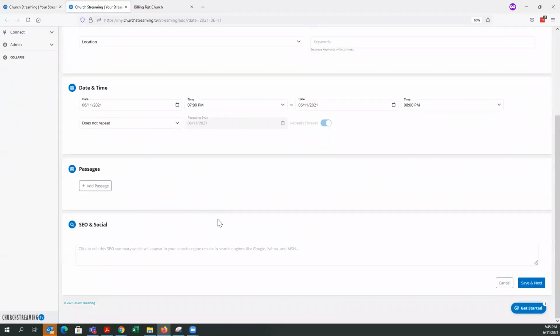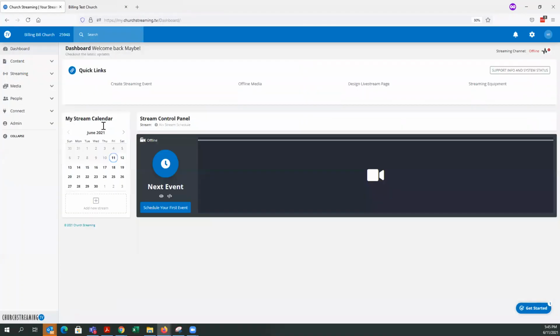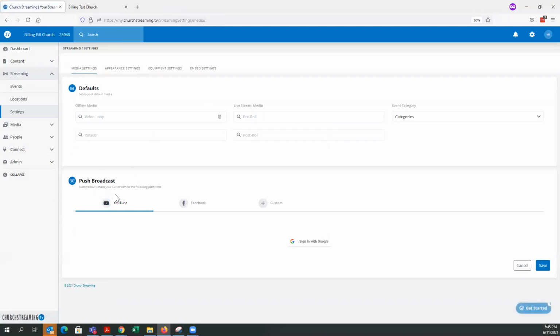It would allow me to schedule an event right there. So what I first want to do is put something in this box right here. So I'm going to go down to streaming on the left-hand side, go to streaming, and then go to settings. And in my settings, this is where you would set up a lot of your configurations for your